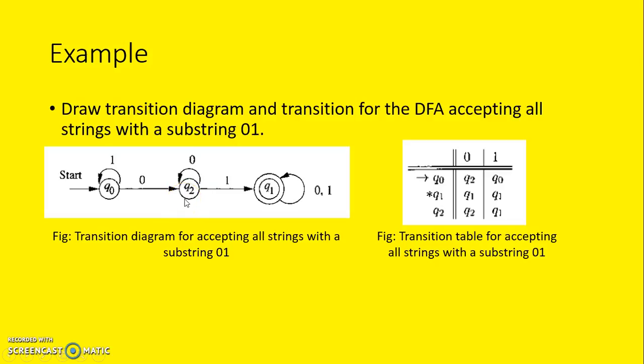After reading a 1, it goes to Q1. Q1 is the final state. When reaching the final state, it accepts any number of zeros and ones. This is the transition table,